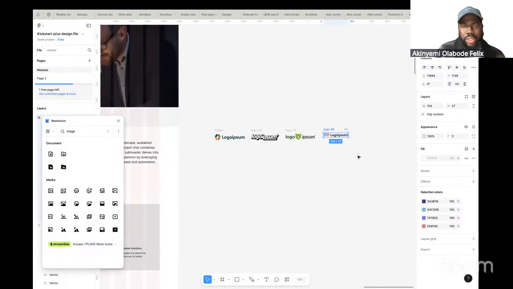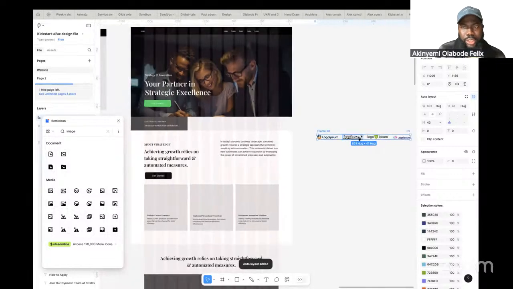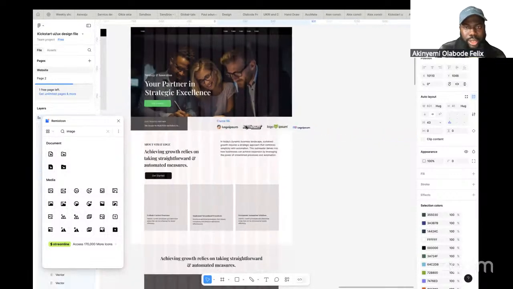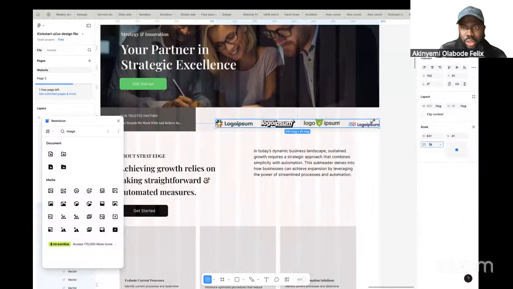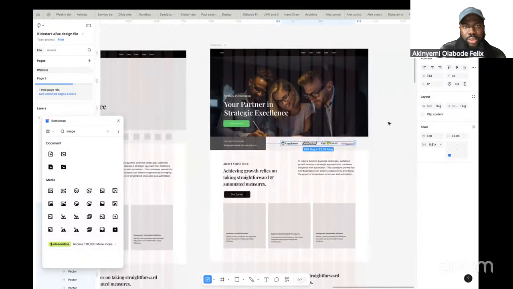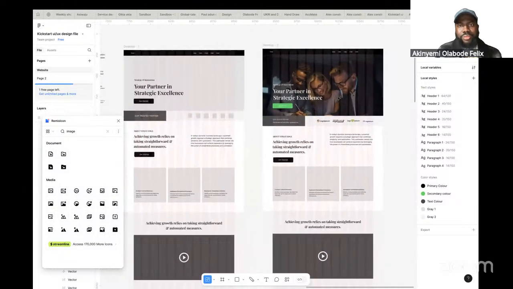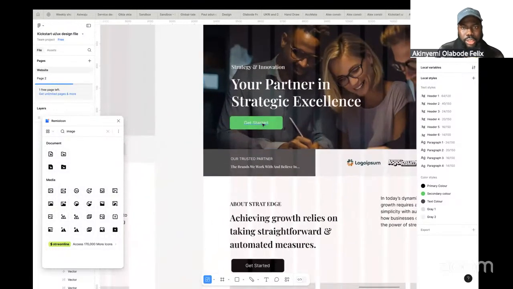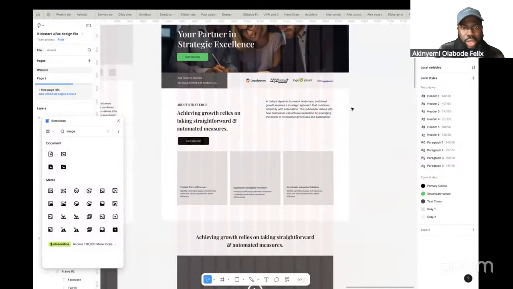So then this, let me group this together and let us bring it inside our design here. Then let's reduce this a little bit so that it aligns. Yes. So as you can see, our design is taking shape already. From this, we have achieved this already. And let's change this from white to black. Yeah. So then the next thing